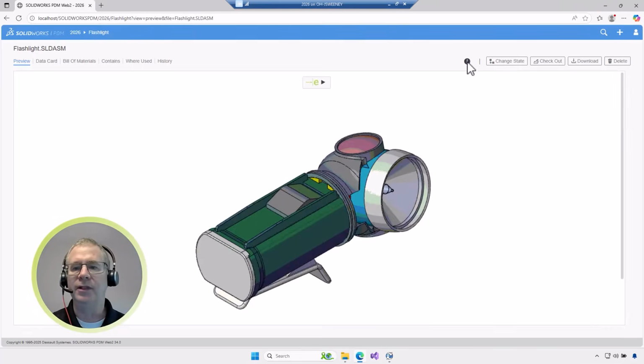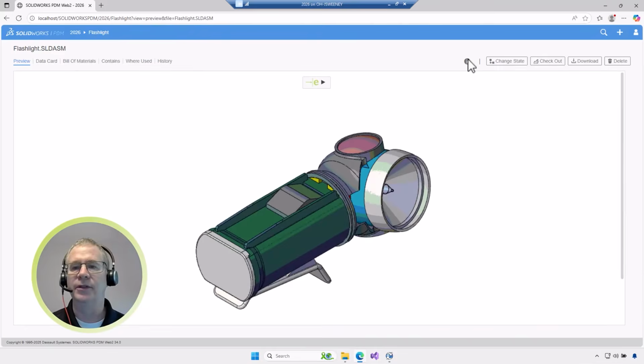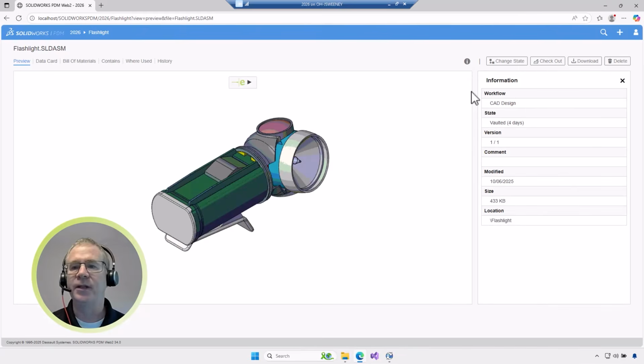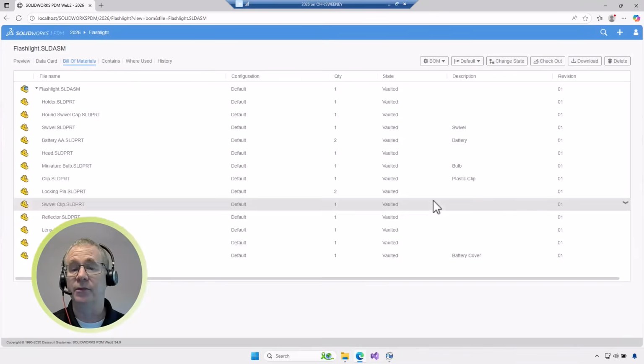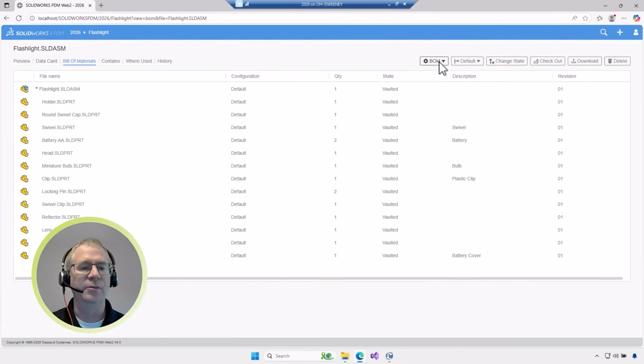Now we have the ability to see the information, and that is collapsible. So it's certainly nice to give us more space. And the other nice thing is that we can now see named BOM materials. So hopefully you're taking advantage of named BOM materials. They're pretty neat. This is the calculated BOM material that we all have been able to do in Web 2